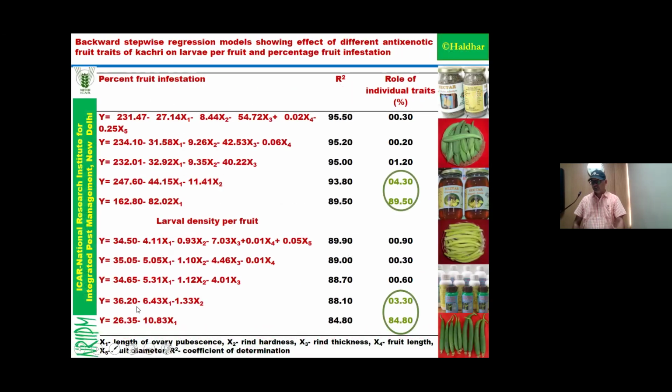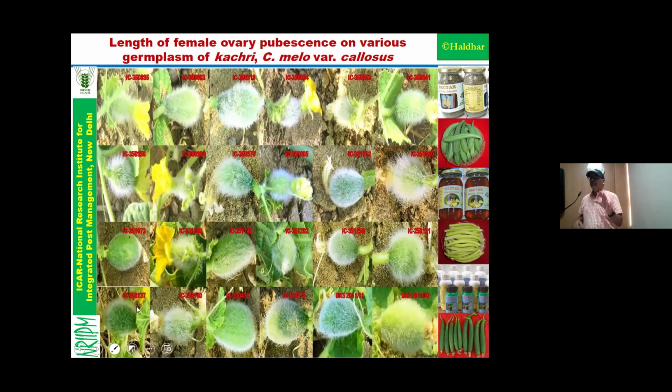Actually, sir, in cucurbits, male and female flowers are different. Male has only the flower, but female has the ovary. If it is pollinated, then a big fruit comes. But initially, if it is not pollinated, it stays the same size and drops. So this is a specific character of the cucurbitaceae family. And you see, this is the hairiness, sir, because at the initial stage egg laying is done by this fruit fly.